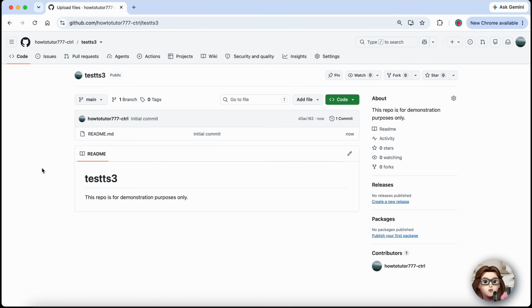Finally, check your repository to make sure the files were uploaded correctly. You can click on an uploaded file to open it and view its contents. And that's it. You've successfully uploaded files and folders to GitHub and can now use them for collaboration, version control,